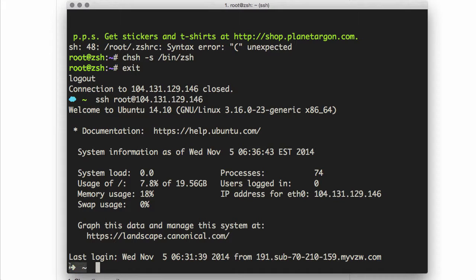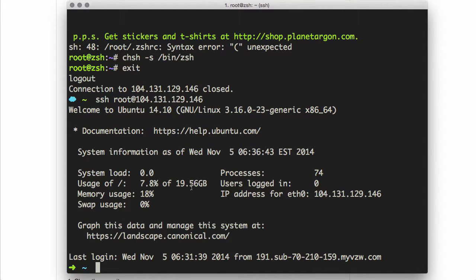And now we'll see, oh, we got this cool arrow here on the left-hand side. This is a result of one of the Oh My ZSH themes, which I love. I currently like using the cloud theme, that's why you see the little cloud, but right here we have the arrow, and I believe this is the Robby Russell default theme. So if we want to change this theme or make any adjustments to the plugins or things like that, we